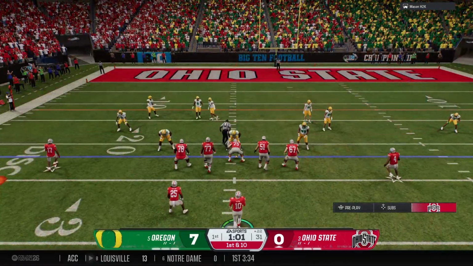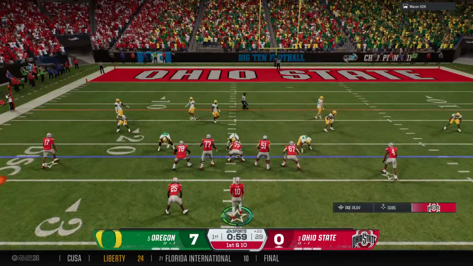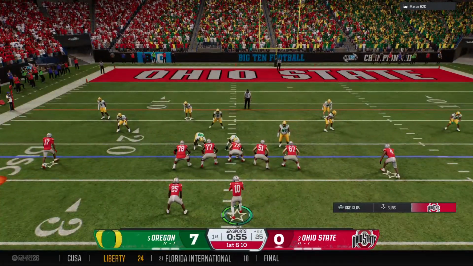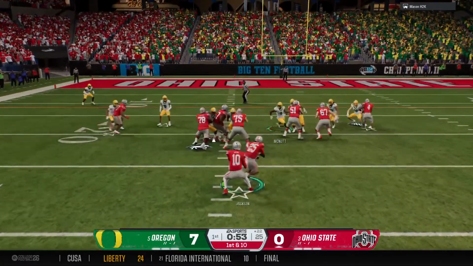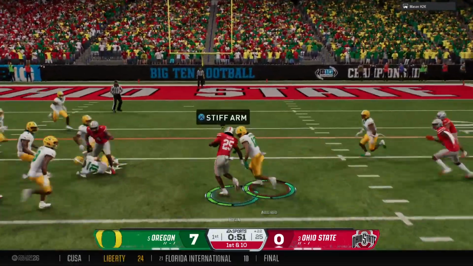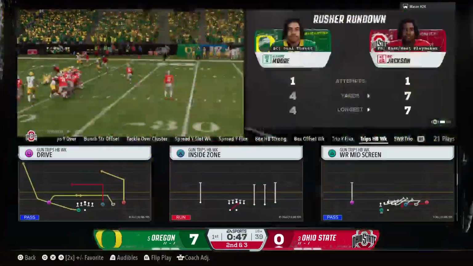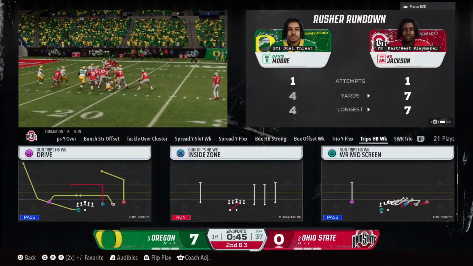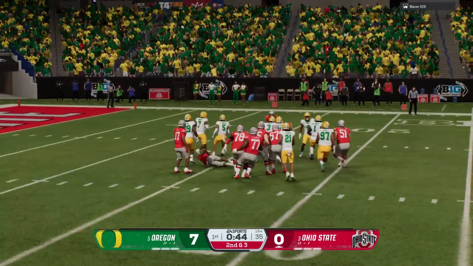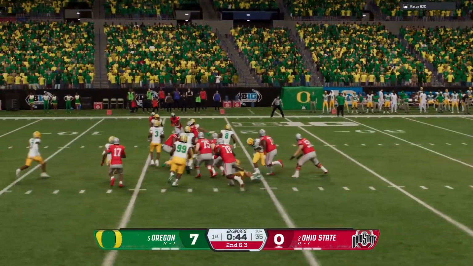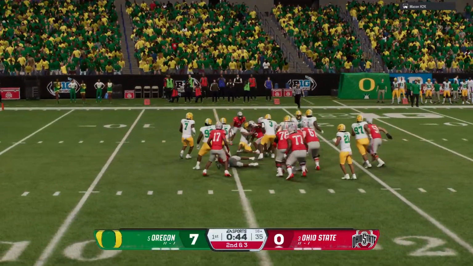Buckeyes pick up enough yardage to get a first down. Here comes a handoff. He finds some space. The pickup is 7 yards. Now it's 2nd and 3. I think this defense keeps thinking about them throwing the football, and by doing that, they're opening up running lanes. Good positive yards there by the running back.